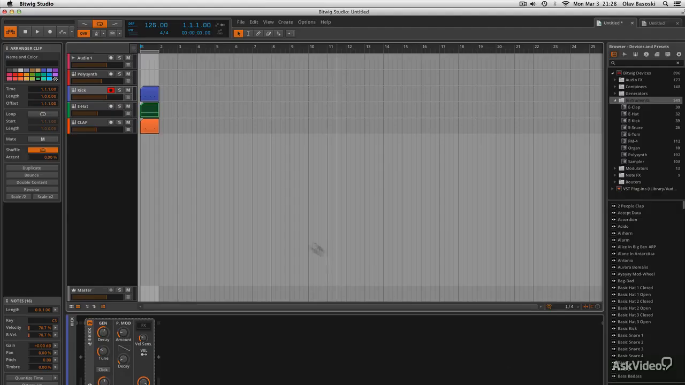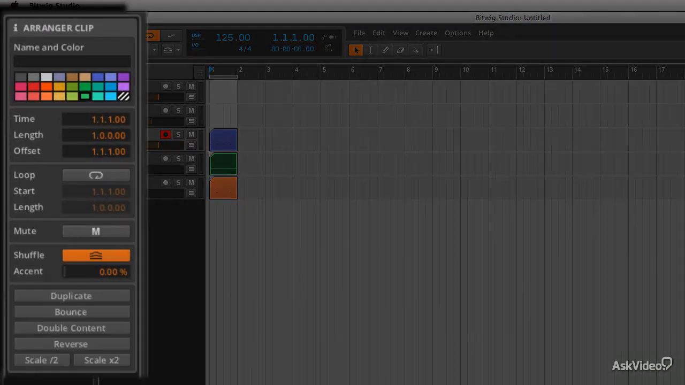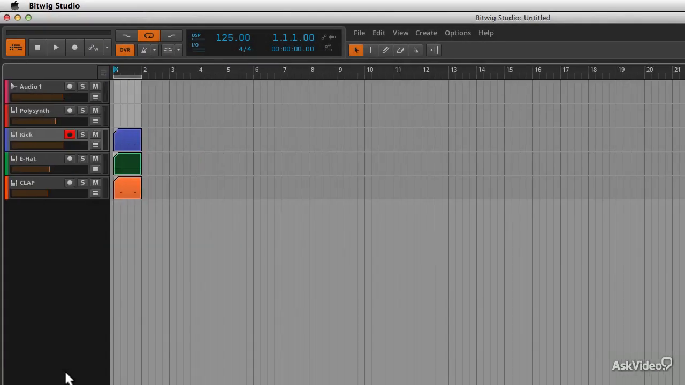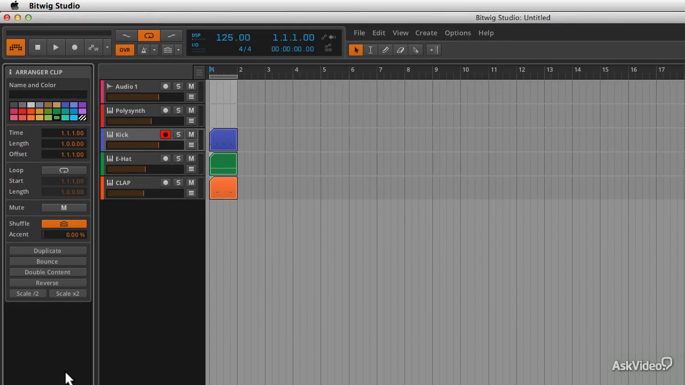Let's talk about the inspector. The inspector on the left side of the body is opened and closed using the letter I. What else would you expect by now? Like that. And one thing to maybe get used to in Bitwig Studio is sometimes panels do not open directly